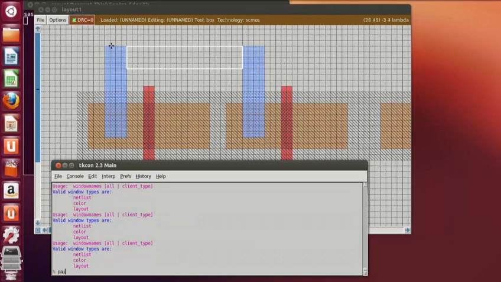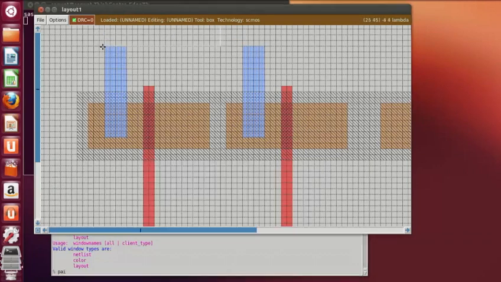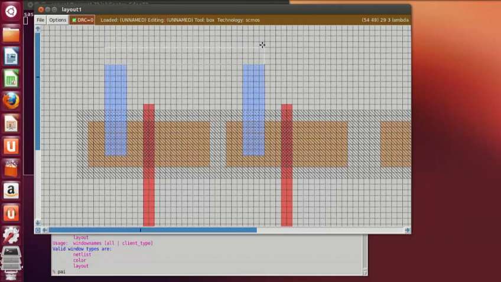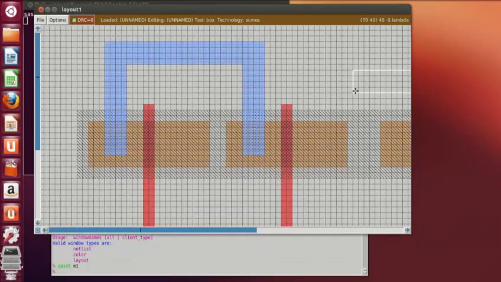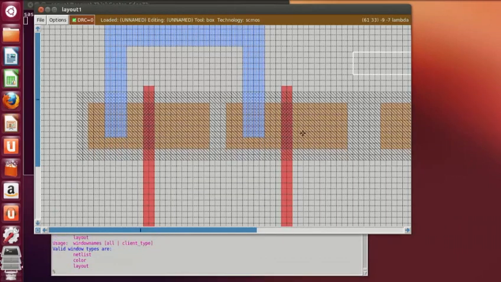Okay, instead of drawing over here, just increase to here. Paint M1. Okay, now of the same length you can take